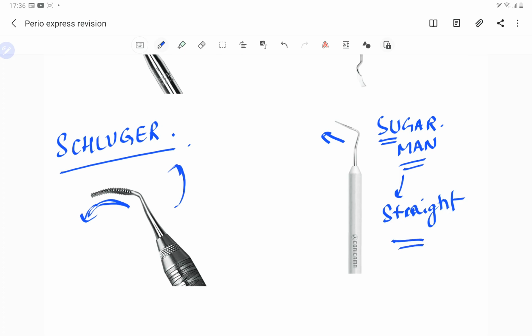So basically what you are doing is, you are making these vertical grooves in the bone with the help of a file, or with the help of a round burr, or with the help of a chisel, or with the help of rongers. So basically you are making these grooves, and this is the first step. When you blend these grooves, that is known as the radicular blending, and both of them are the osteoplasty procedure, because we are not dealing with the supporting bone here.